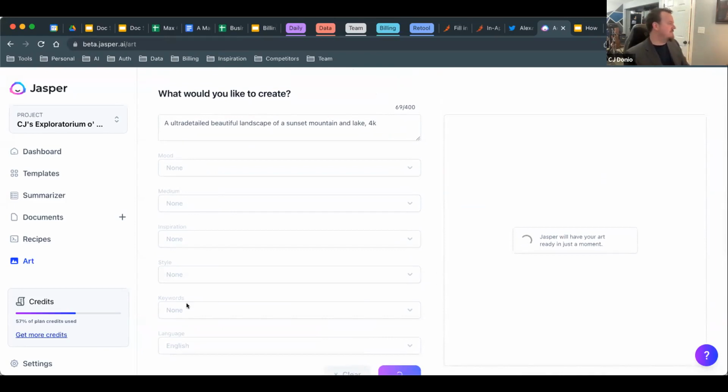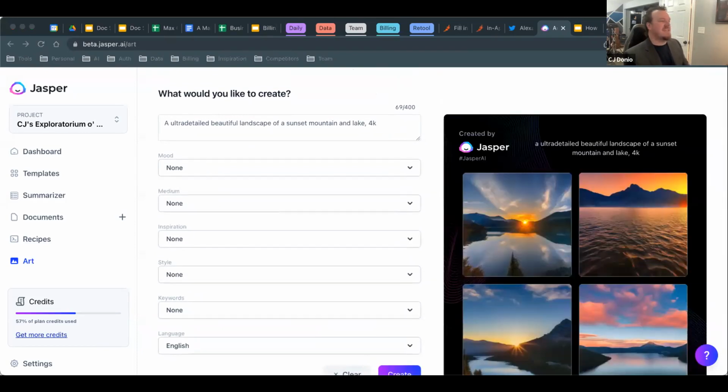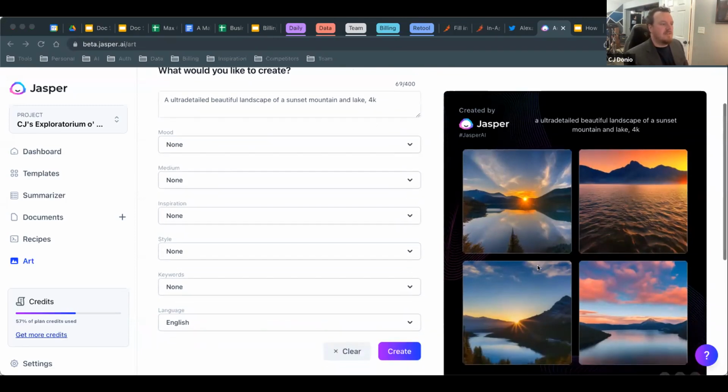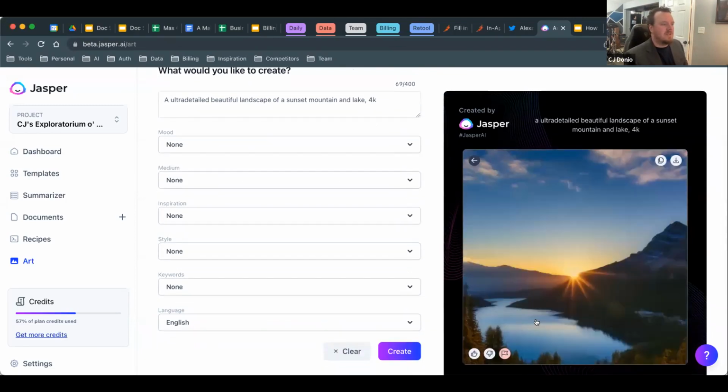Okay, and while it does that, one other cool trick I'll show you real quick is you can actually blend styles too. So you can do what's called a weight. You can say, hey, do a little bit of this artist, a little bit of that artist, a little bit of this style, a little bit of that style. So I'll show you an example there, but hey, there we go. Some of those are pretty cool. That looks like stuff I would see in Park City, Utah. That's pretty cool.